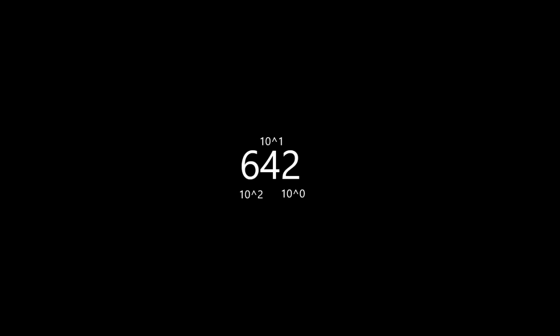Then if we were to add more digits to the left of this sequence, such as a 2, we would end up with 2642, which means that 2 is now the multiplier for 10 to the 3rd power. Then we add a 1, we get 12,642, which means 1 is now a multiplier for 10 to the 4th